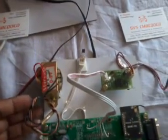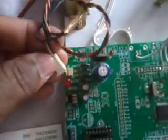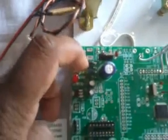Here we are taking first the transformer, which acts as the power supply section for the microcontroller board. Otherwise we can also use a battery. For continuous purpose we go for the transformer, a 0 to 9 volts transformer. It's a 230 volt input step down transformer, 9 volts AC output and 500 milliamps current, which it gives to the bridge rectifier. In the bridge rectifier we are using 4 diodes, 1N4007